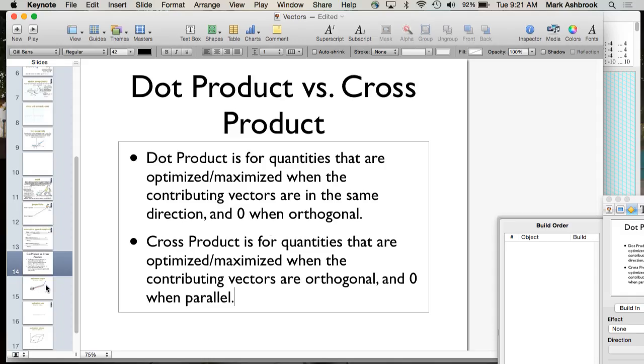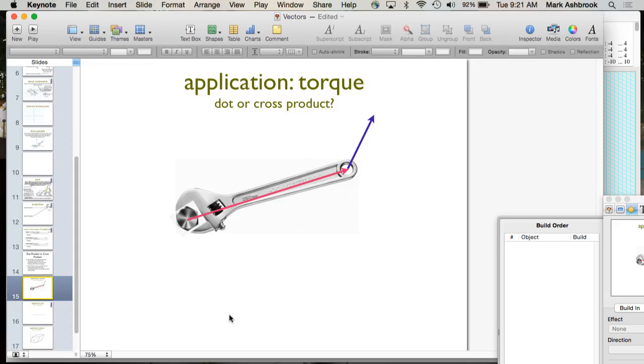Okay, so let's look at this. So application, torque. Torque is like amount of twisting force. So the classic example is turning a bolt, right? Turning a bolt. So this is called the lever arm, this pink one. Your lever arm vector is the vector r, they usually call it r. And our force vector